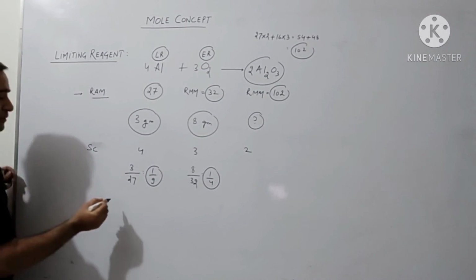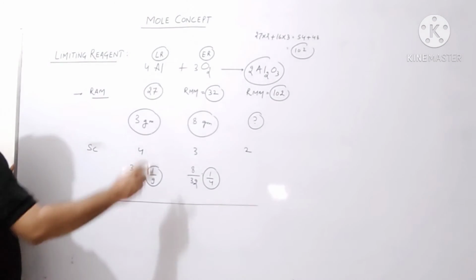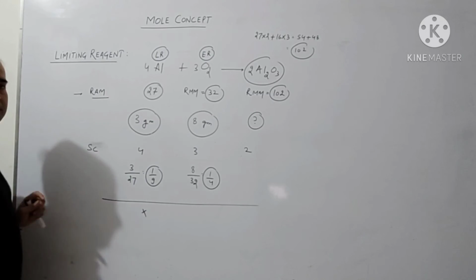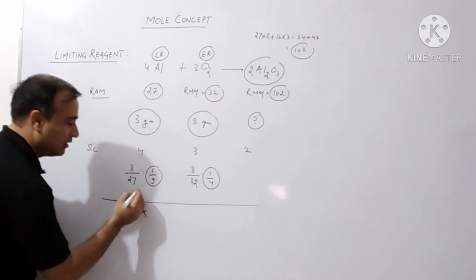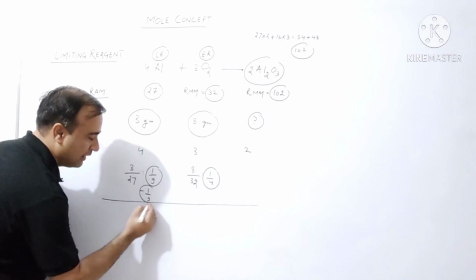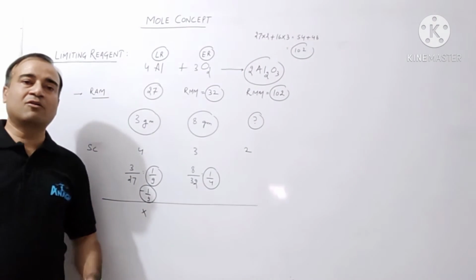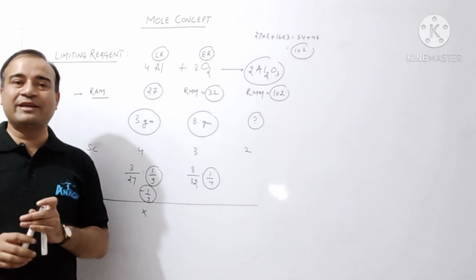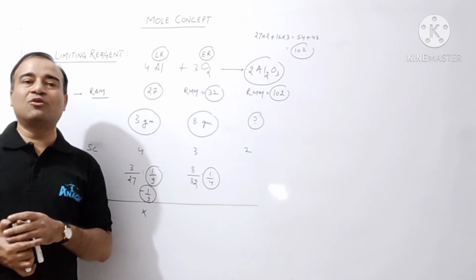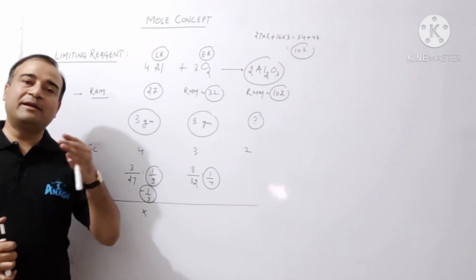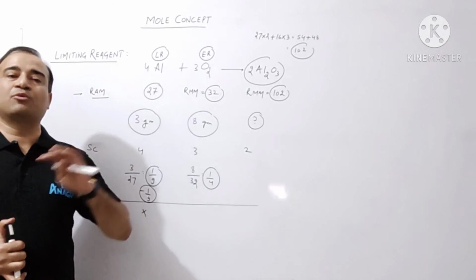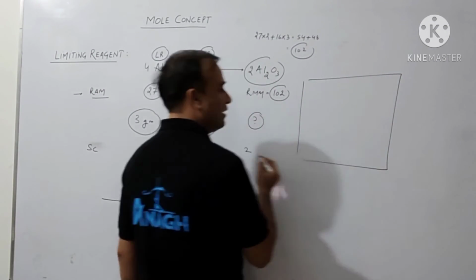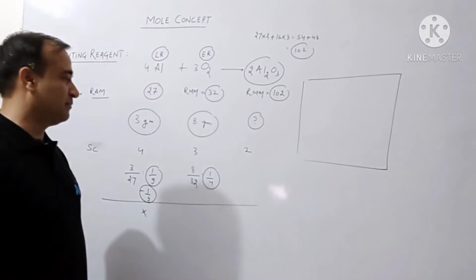Now, after the complete reaction, as aluminium is the limiting reagent, how many moles of aluminium are left? 0 moles. It means 1/9 mole, the entire 1/9 moles of aluminium got reacted. And if 1/9 moles of aluminium is going to react completely, how many moles of oxygen will react? It can be determined by the unitary approach. Let us see.